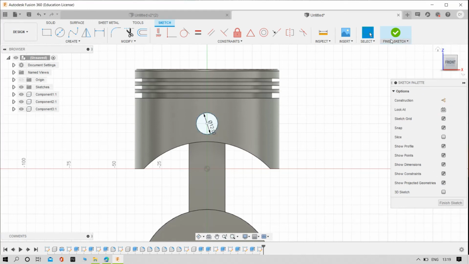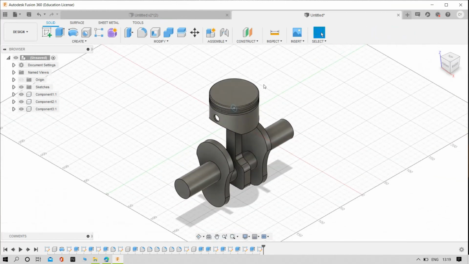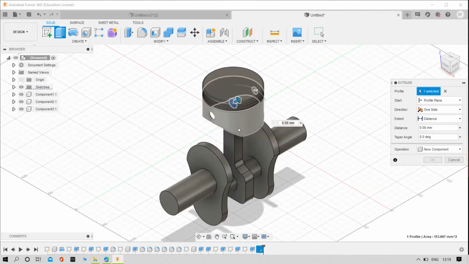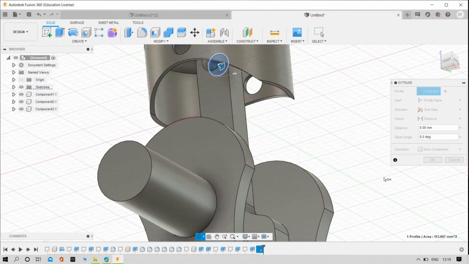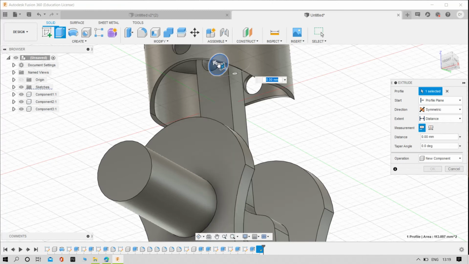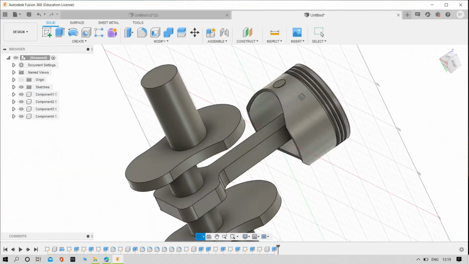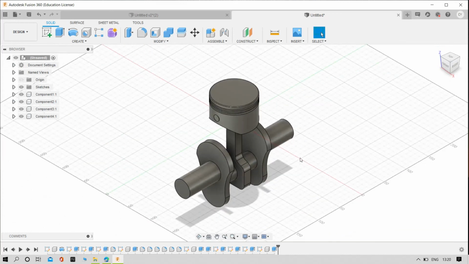Then try to exit from workbench, home button, extrude command, select the new component, rotate the part, it should be symmetry. Yeah. Click OK. Make it home. Yeah, the design is over.